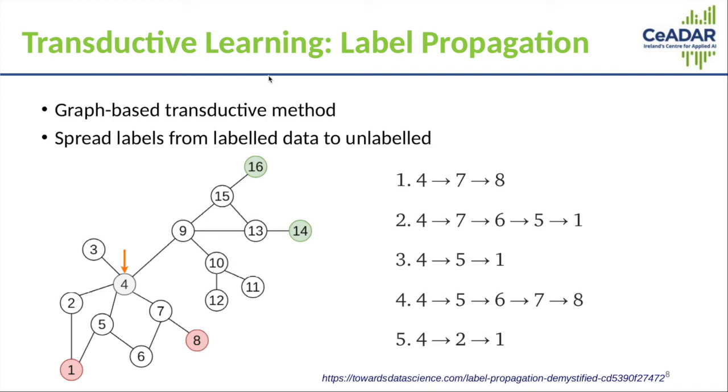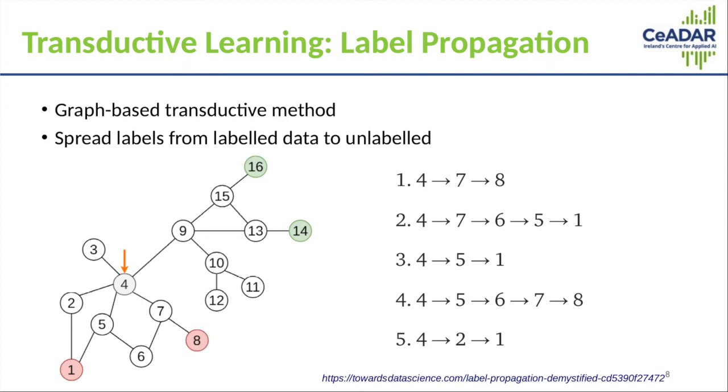I'll talk now about probably the simplest method of transductive semi-supervised learning. So this is known as label propagation. It's a graph-based method of semi-supervised learning, and what it allows you to do is spread human annotated labels within a network made up of labeled data and unlabeled data. So the mathematics can get a bit technical, but I'll just tell you now about the general kind of intuition